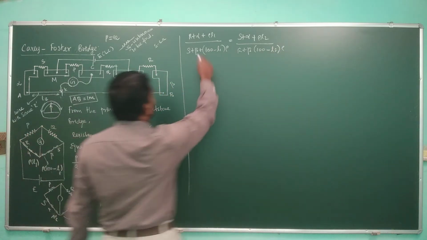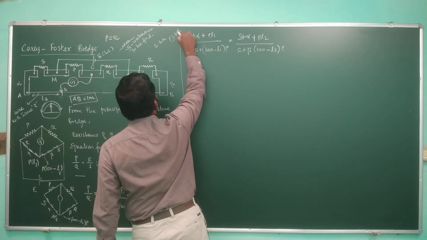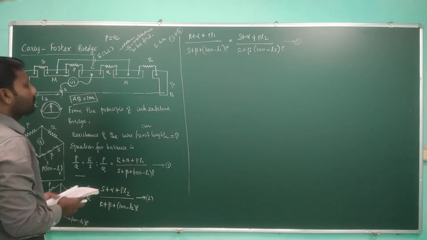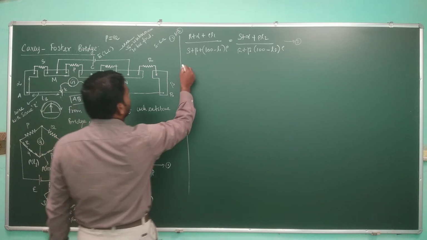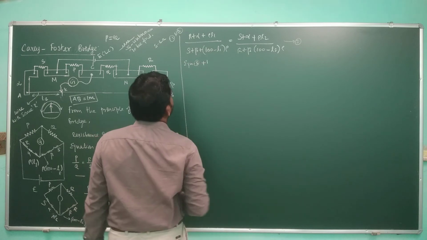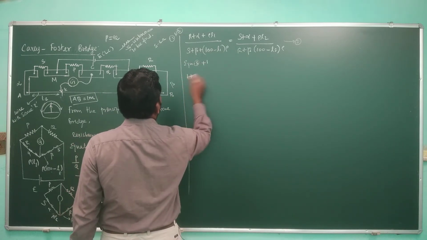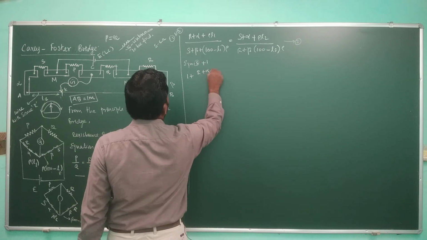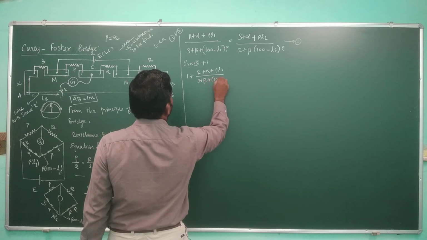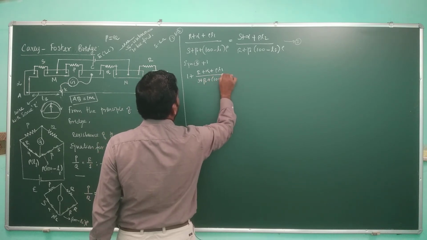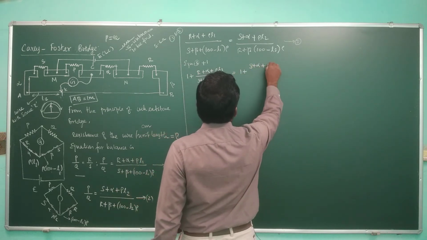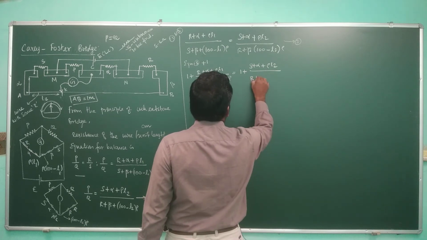Right? By comparing equation 1 and 2, we can write equation 3. Now what we are going to do is add 1 on both sides of equation 3. Let us consider equation 3 and add plus 1. In that case, 1 plus (R plus alpha plus rho L1) by (S plus beta plus 100 minus L1 rho), which is equal to 1 plus (S plus alpha plus rho L2) by (R plus beta